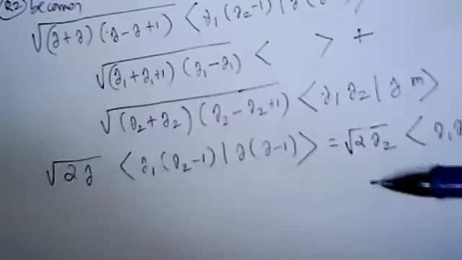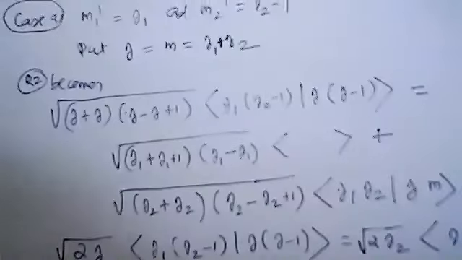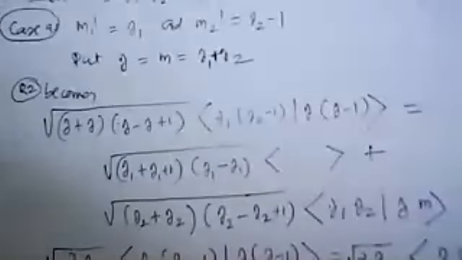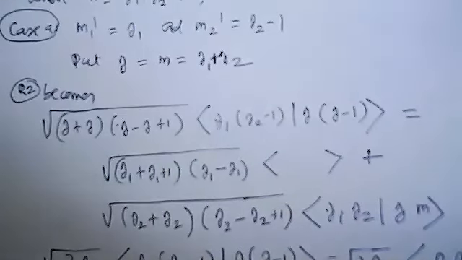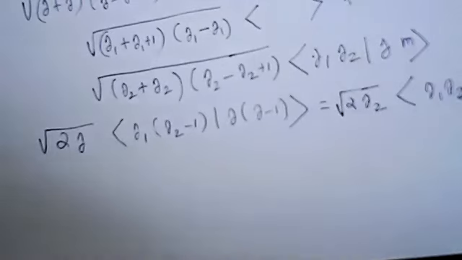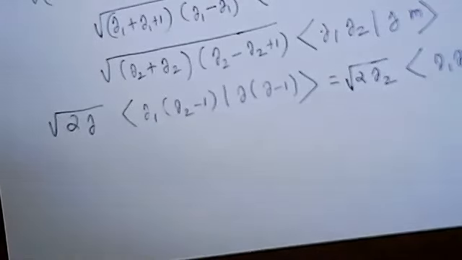That is why we call this method as recurrence or recursive formula, because we should know this one. Then only we can calculate the next one. We should know this structured state value. That has to be substituted in here. So that is why the term recursion. We cannot independently calculate this Clebsch-Gordan coefficient. We should know the previous one. So using the previous one, we can calculate the next one. So that is why we call it the recursive method or recurrence relation.